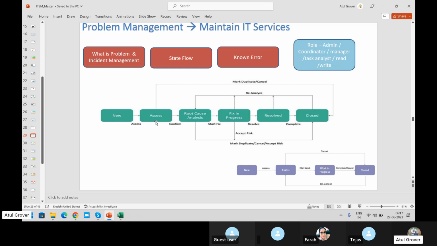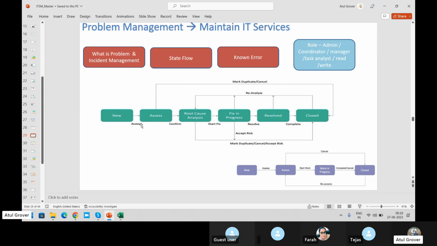Maybe I have some parameters, some principles on which basis I do the assessment. If I say no, not required, I'll mark it as cancelled or closed. Or I'll mark it as a duplicate: Tejas and Farah both have a similar problem, so let's mark one as a duplicate. Okay, done. Happy path.